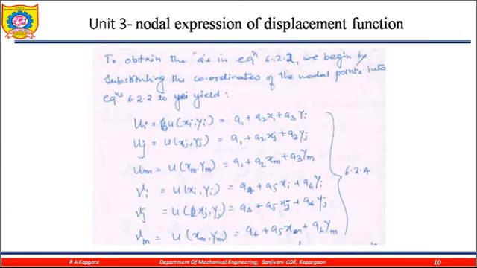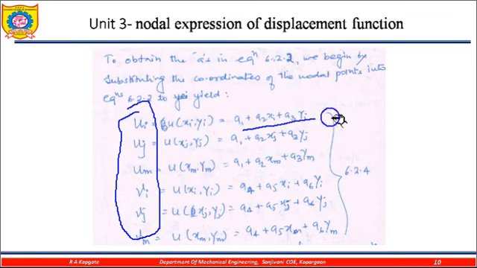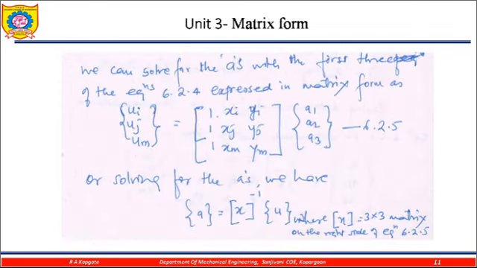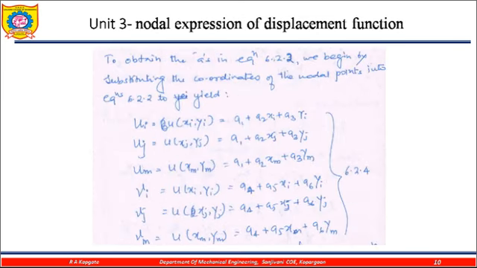Now we are moving on to the next one. By substituting the values of u, v and ui, uj, um, vi, vj, vm, all these, I would write this into this format. So these are my linear parameters, and I am writing this into a very simple format, because I am now interested in finding the values of a with respect to this one.